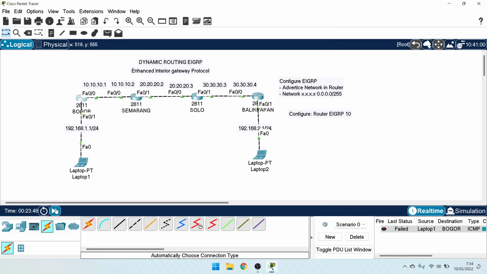Fast forward. Testing again, laptop 1 to Bogor. Okay, successful. Laptop 1 to Semarang, successful. Laptop 1 to Solo, successful. And laptop 1 to Balikpapan, successful. And testing from laptop 2 to laptop 1.